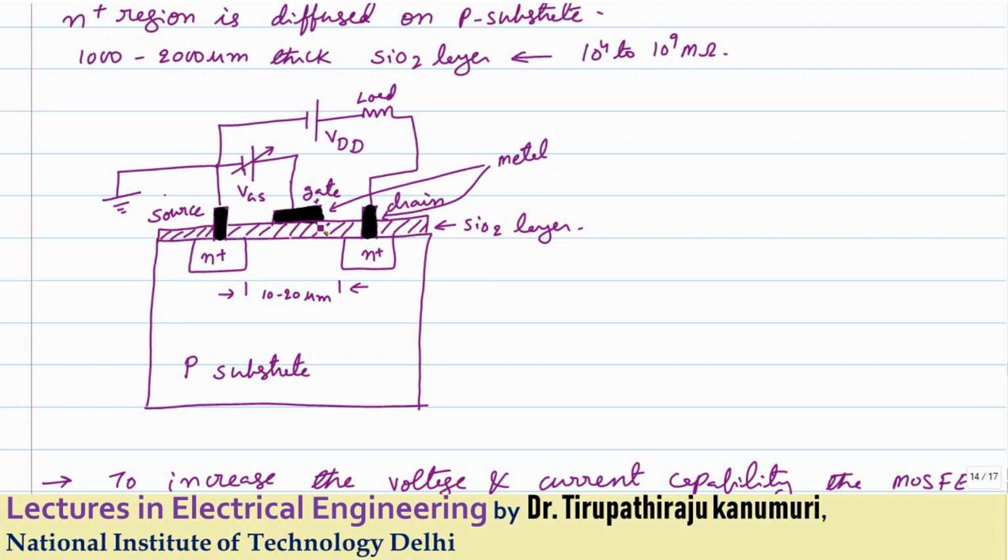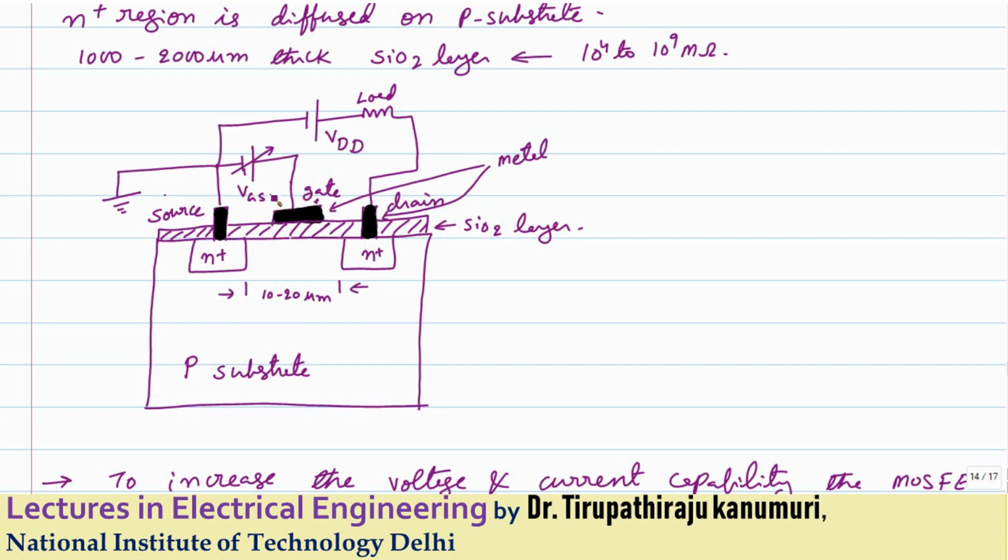Now what happens, this SiO2 layer will act as a capacitor, because one side plate is this metal, and the other side plate will be this P substrate. Whenever you give the voltage, the current cannot pass through this, only displacement current will pass initially when you turn on, and after some time the capacitor will charge, and no current will pass. When you apply the charge here, because of this charge, polarization will happen in this plate, and because of that only the conduction is going to happen. So let us see the working principle.